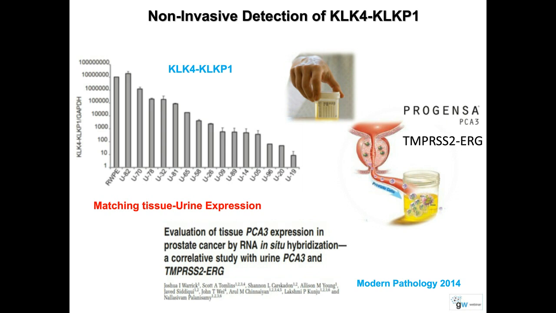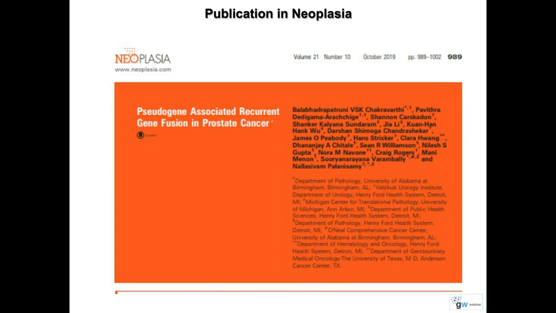Since the prostate-specific antigen, or PSA, test is a controversial one, because elevated PSA doesn't mean that the patient indeed has cancer, I think these markers can be combined with the elevated PSA to make a definite conclusion about whether the patient has cancer or not. So that is our main goal. We are working towards that goal, and all results are published in this paper. We published in October 2019 in Neoplasia. So you will find more details about the gene fusion in this paper.